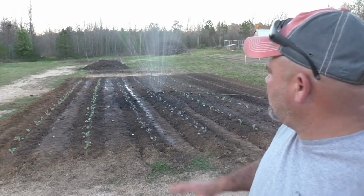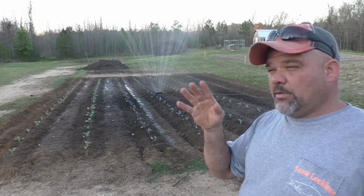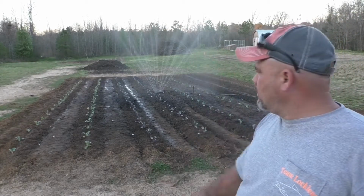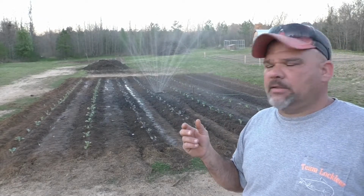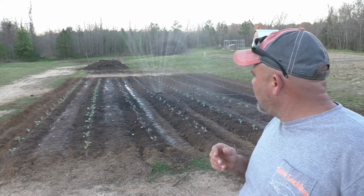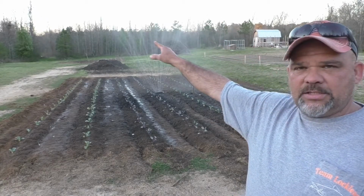Everything is in. Two rows of green cabbage, two rows of red cabbage, two rows of broccoli, and I've got some lettuce up in there that's going to be ready here in the next week or two. They'll go in these other two rows, and I've got the fan sprinkler on right now. I did the layout for the new mini wobblers, and I've got a pretty good idea of what I'm gonna need to put those in. I'll start getting materials together sometime this week, and maybe towards the end of the week I can do a video of getting these put in on this garden, and also on my onions and my garlic